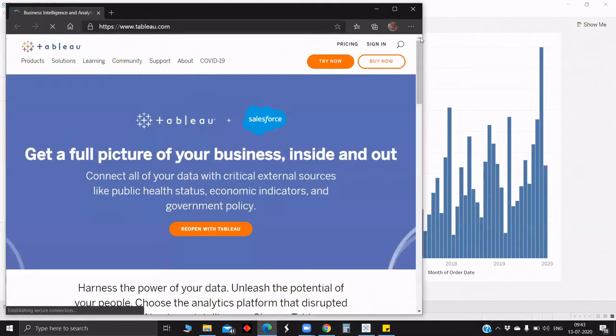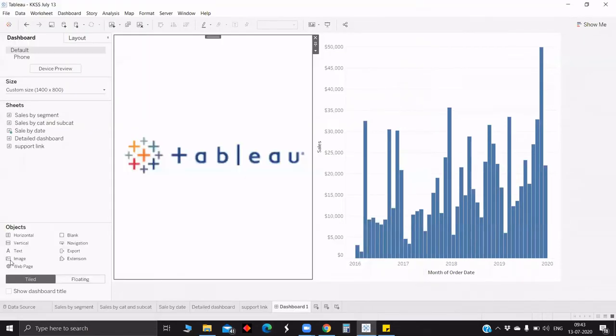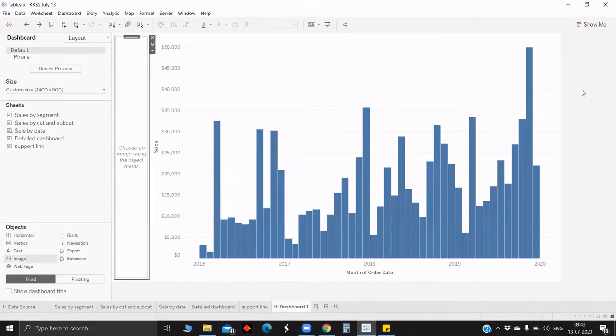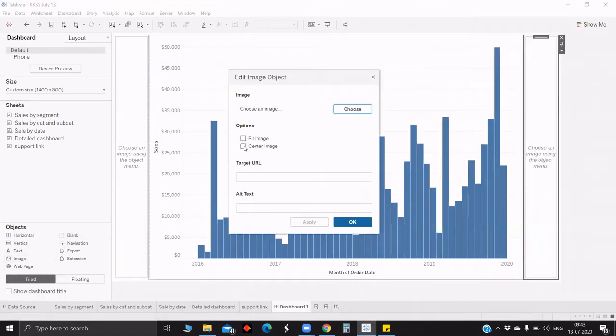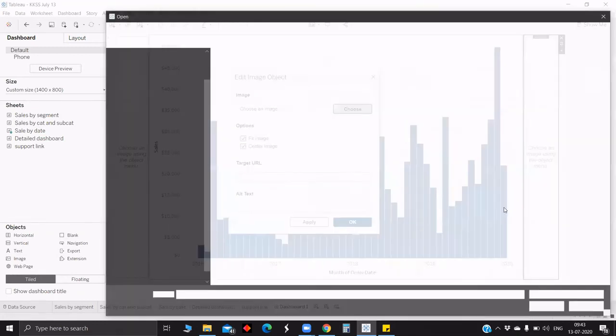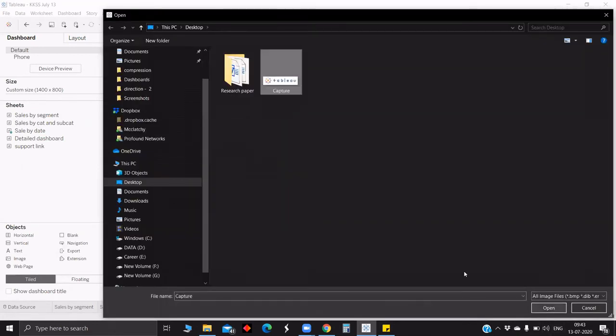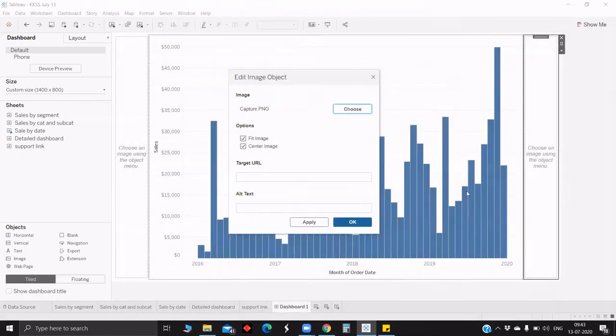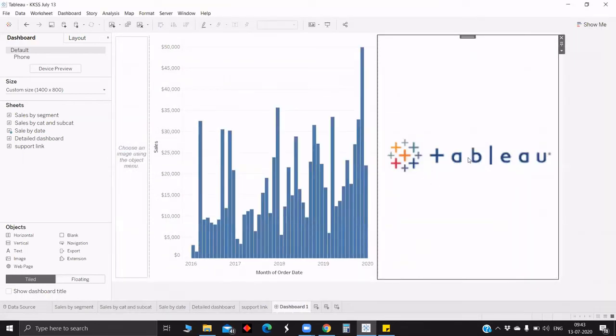It's always not necessary that we have to give some link behind the image. You can just give the blank image also, just by leaving the target URL empty. It's always not necessary that you have to fill something in the target URL. If it is empty, it doesn't show any error. In that case, we will have only the image. We don't have any action behind the image. Though if we click, no pop out should be there.